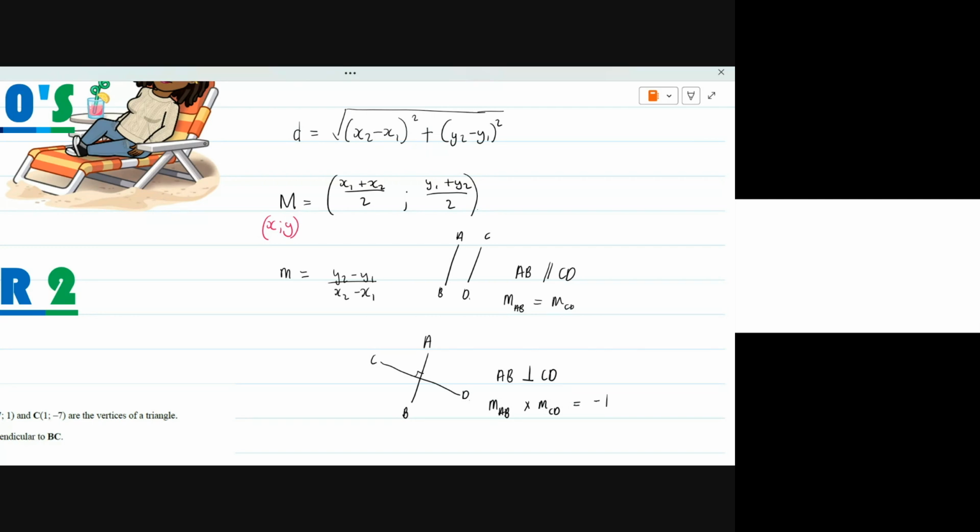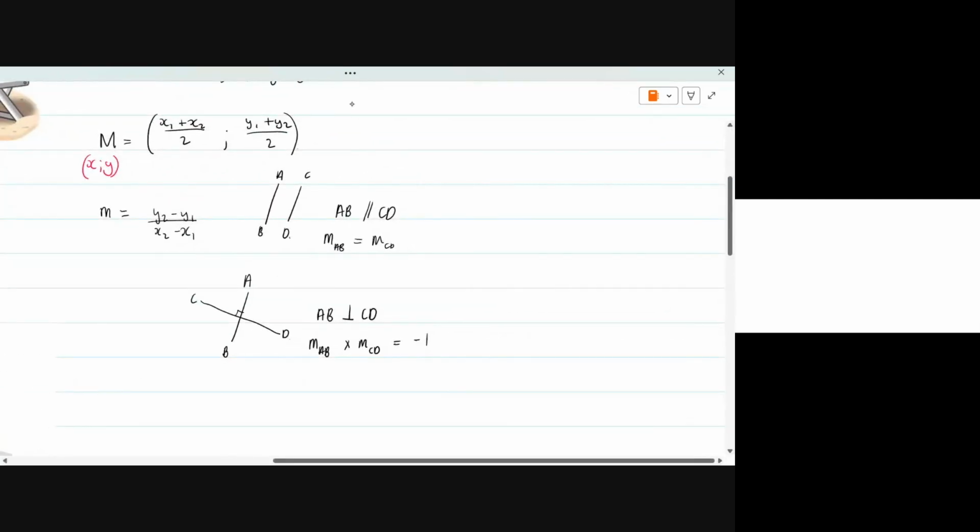I'm going to expand on this a little bit, because they're not going to give you a mark for putting this into a formula, and I'll explain why. The idea of -1 is actually a reciprocal of the other. If I want both of these together to give me -1, and the gradient of AB is -2,